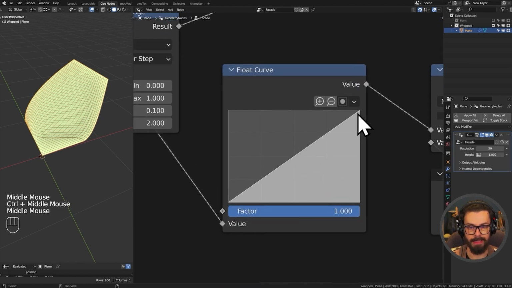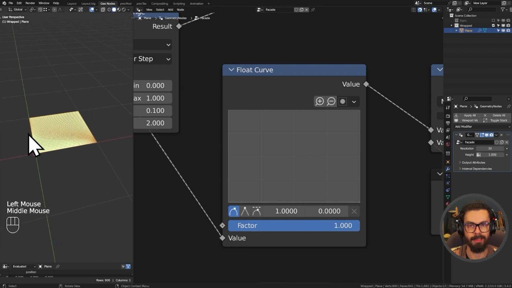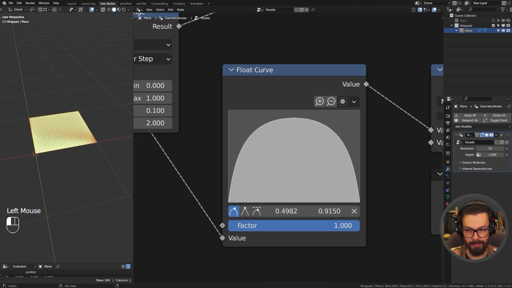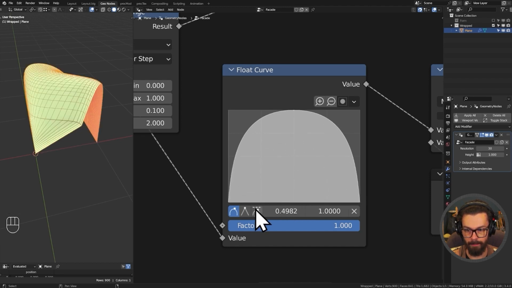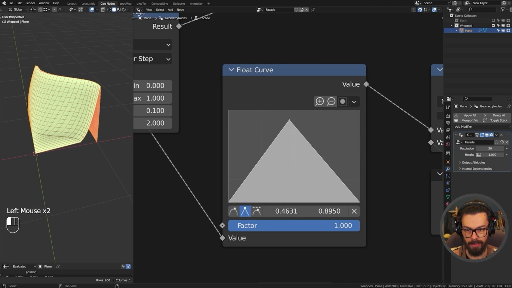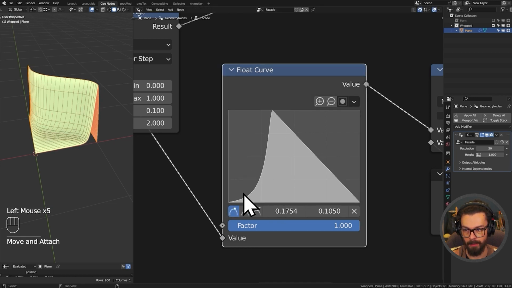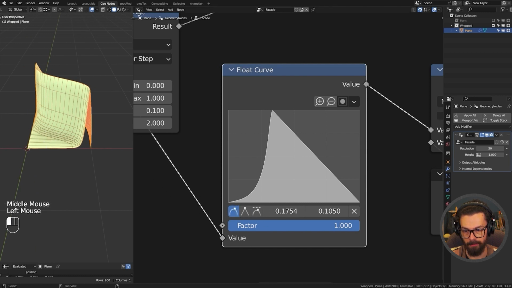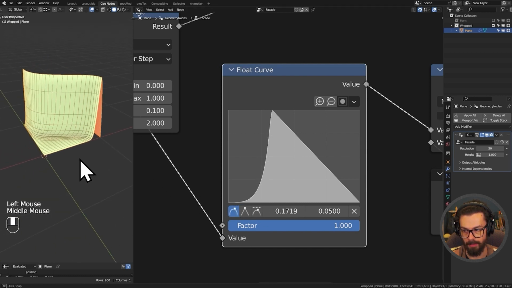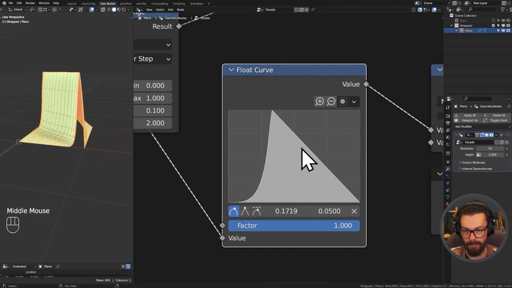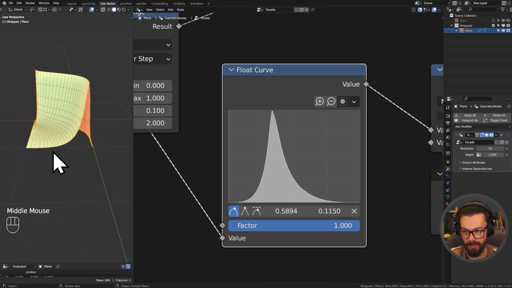Rather than this just being linear, let's start and stop in the same place. This is going to make it tileable, or more easily tileable anyway, cleaner tiling. And I will just drag a point up in the middle, set this one to a vector handle maybe, and I'll pull it over to one side and I'll just set this up to a little curve so that we come in from flat, something like that. I'll do the same on the other side, another little curve meeting the bottom, just gives me this nice wave